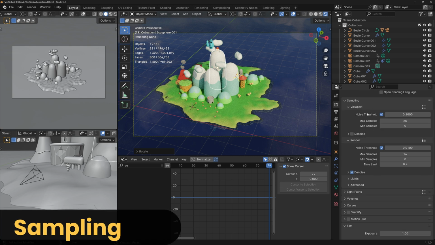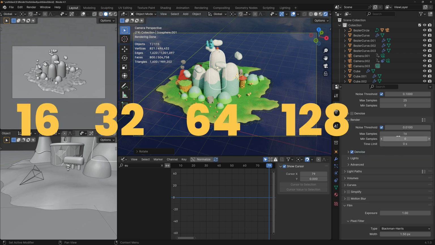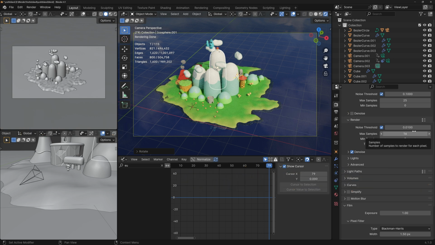Sampling is the other big time saver. More samples will result in less noise, but it will also take longer. Now, many of us use here powers of 2, so 16, 32, 64, 128, and so on and so forth. It's kind of a thing, but I really don't know if there's any benefit of doing so. 16 samples is the very least that I will ever use, and combined with the denoiser, it's usually enough for test renders. For final renders, you might want to go as high as 8,000 samples, although this will really increase